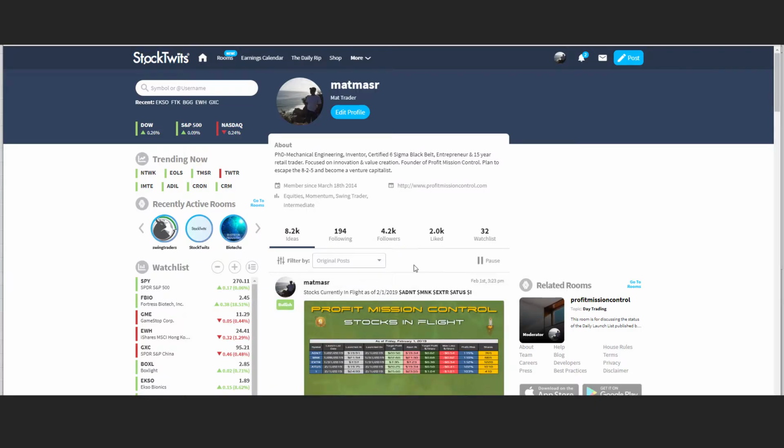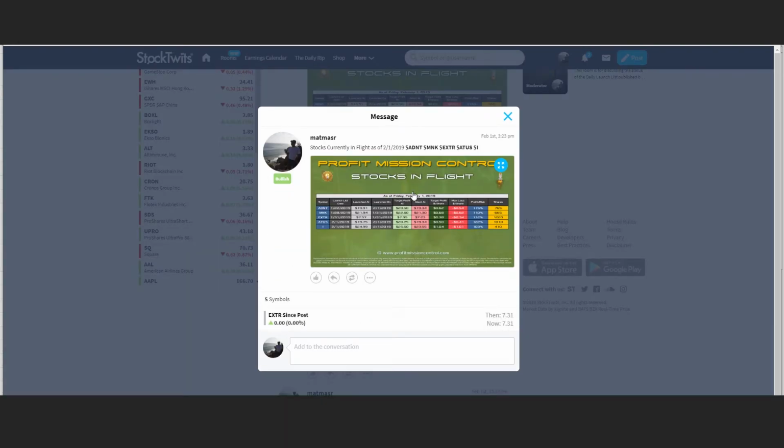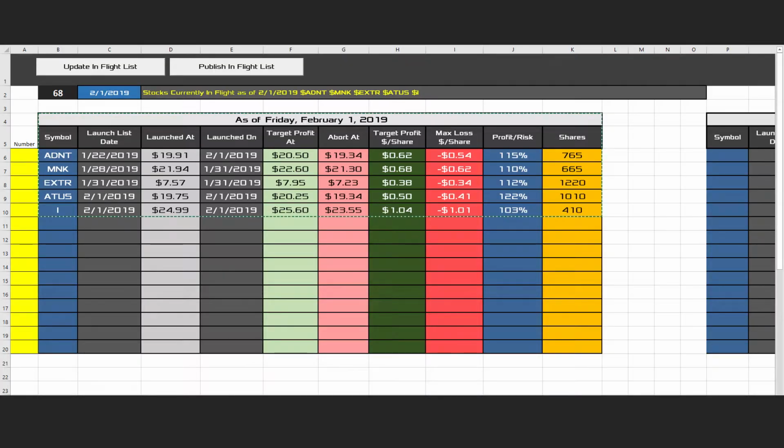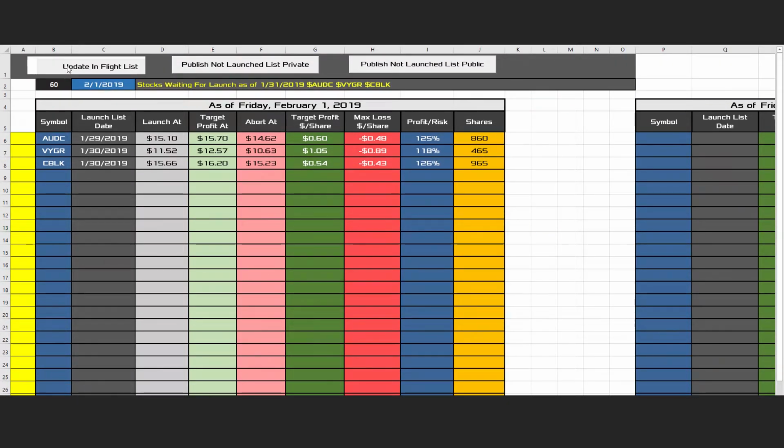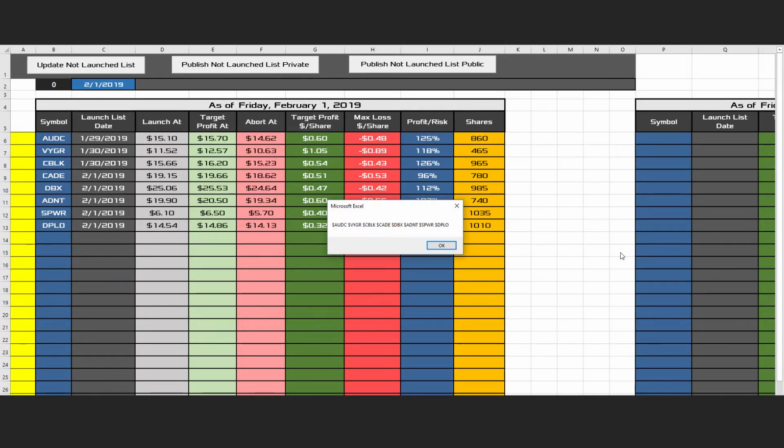So there it is. Voila, it posted the latest list of stocks that are currently in flight. So that's been automatically published. Now I go do the same thing for stocks that are waiting for launch. So let me go back to the application here, and then go to the not launched list, and I say, okay, update not launched. So it pulls again the data from that master list for stocks that still are waiting to be launched. So it pulls all the data information, captures the picture,